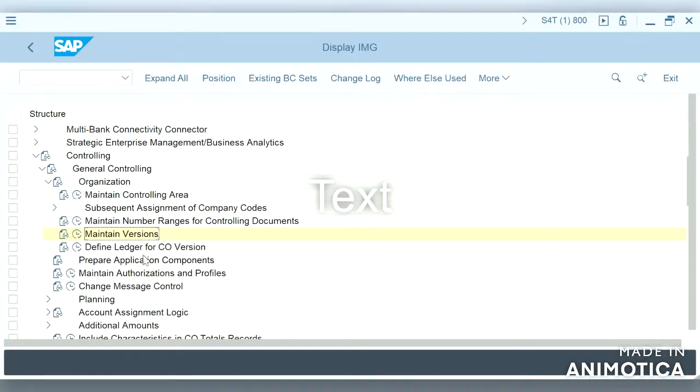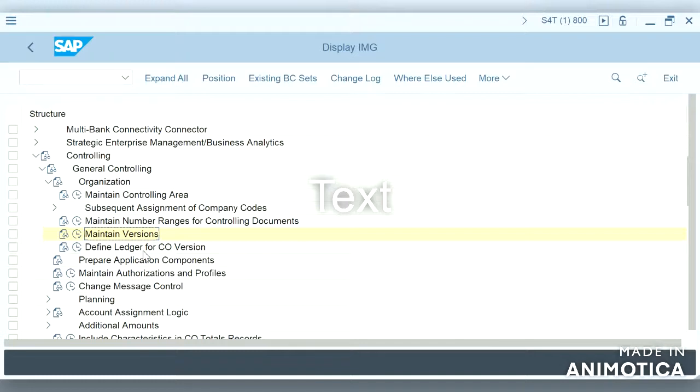This define ledger for CO version is a new setting in S4HANA. Okay, first let us understand the background of this ledger, why it is required. So in FI we have mainly primary postings which will transfer to CO through primary cost element. So in FI we will have different ledgers, the leading ledger and the second one is the other ledgers.